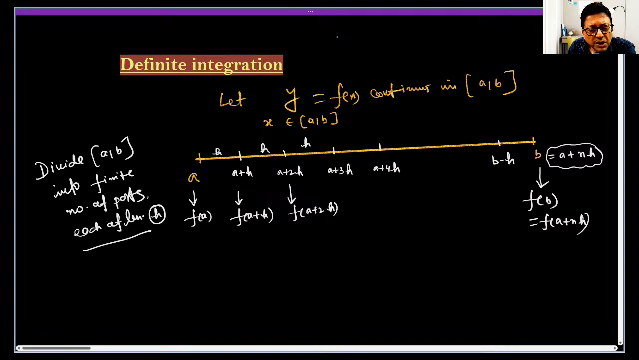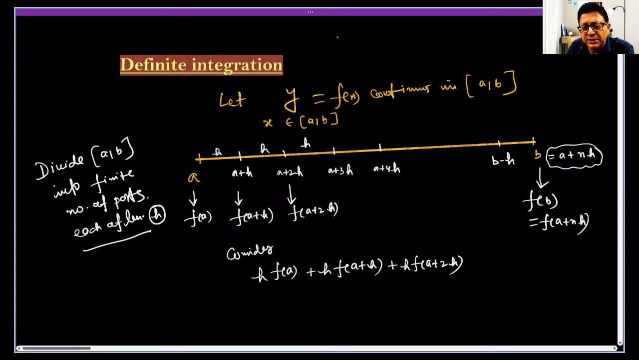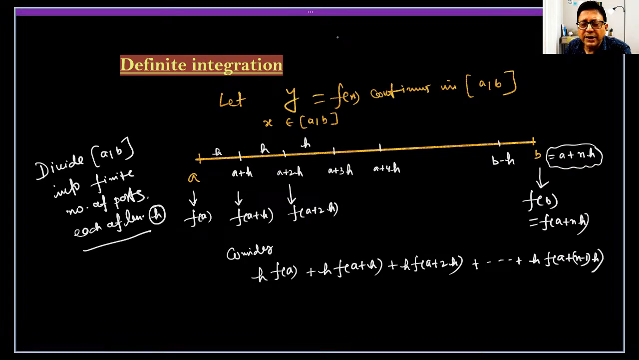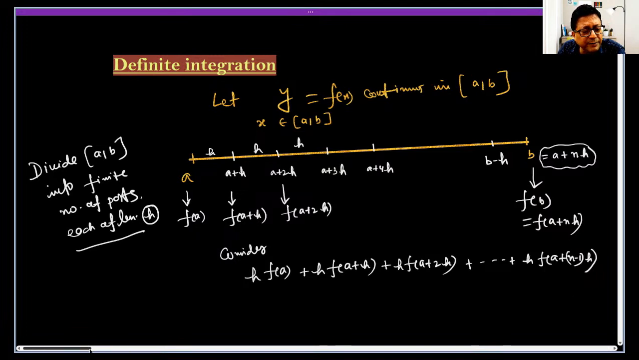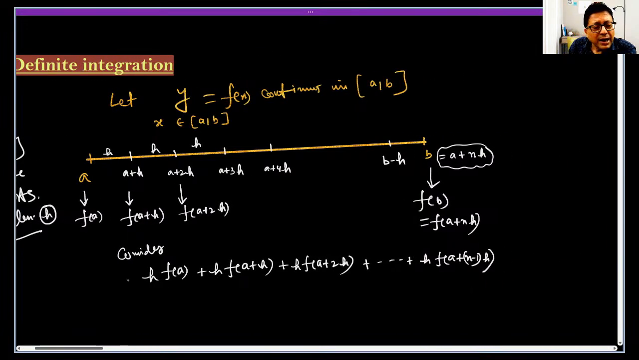Now consider this sum: h into f(a), h into f(a plus h), h into f(a plus 2h), up to h into f(a plus (n minus 1) into h). Why we are considering this sum, that I will definitely explain. And denote this sum,